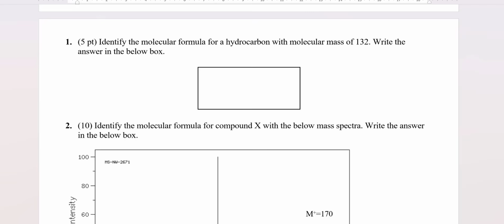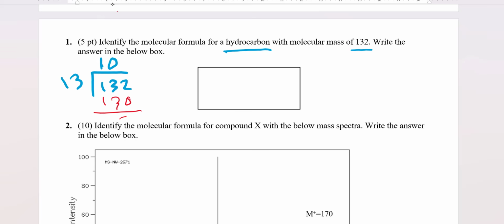We would like to identify the molecular formula for a hydrocarbon with mass of 132. We already know that we have only hydrogen and carbon, so we can just follow the rule of 13 for calculation of molecular formula. 132 divided by 13: the quotient is 10, then 130. The remainder is 2. So we should have 10 CH and 2 extra hydrogen. So the formula is